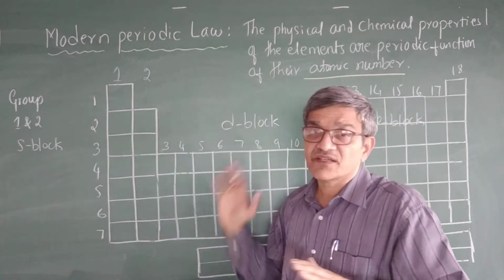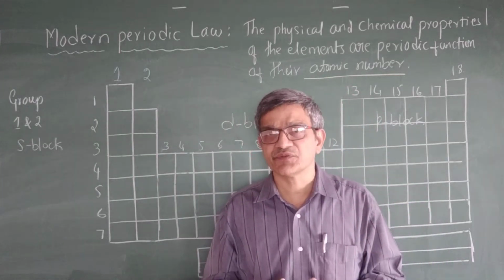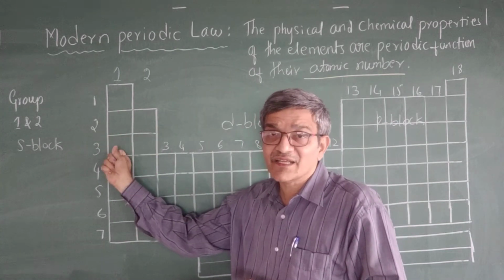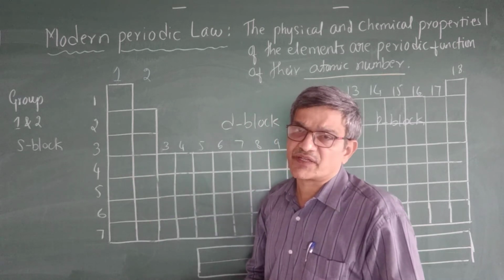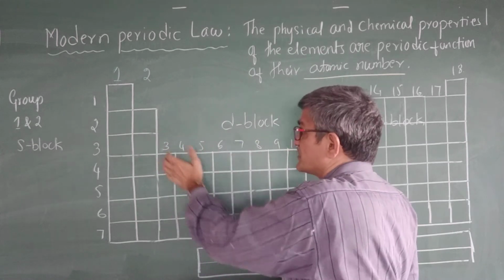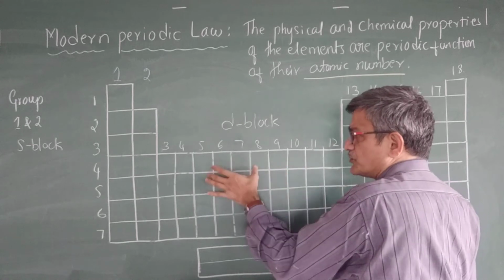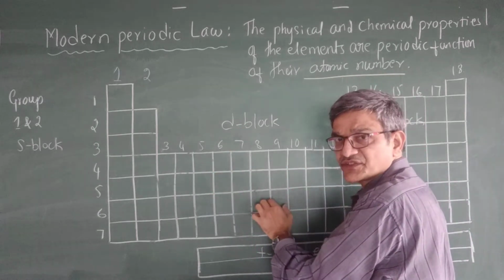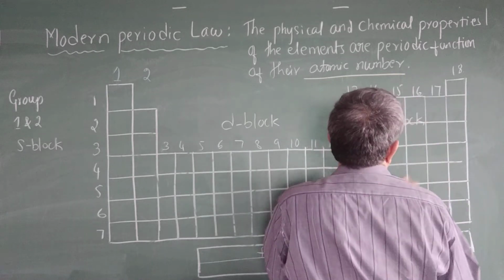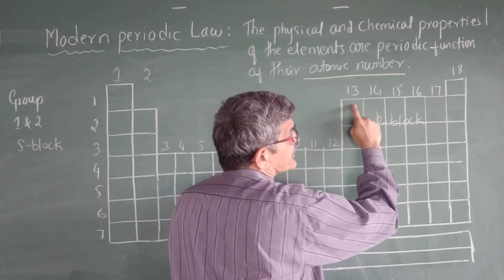So like this, he has made 18 groups in total. The first and second groups are called the S block elements. They are also called the alkali metals and the alkaline earth metals. Then in between are the third, fourth, fifth and so on, 10 groups. Those 10 groups are called the D block elements, or they are also known as the transition elements. On the right side we have the P block elements, groups 13, 14, 15,